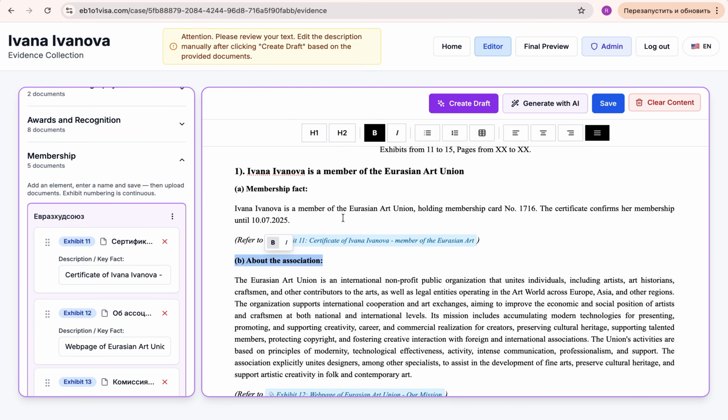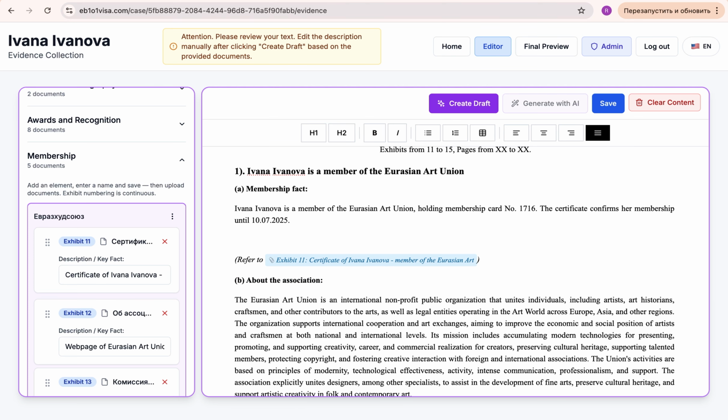Let's move on to the next section, a bit more on the membership itself. Keep it brief here, just describe the document that confirms your membership. If you have a letter that additionally confirms your membership in the association, you can insert a short quote right here with a reference to the specific document. For example,